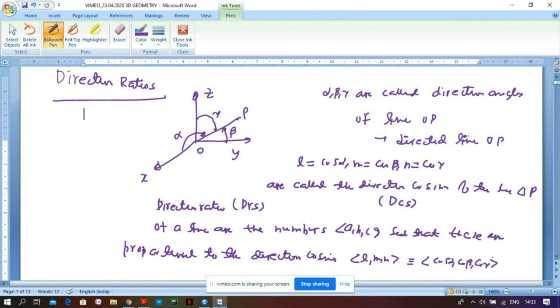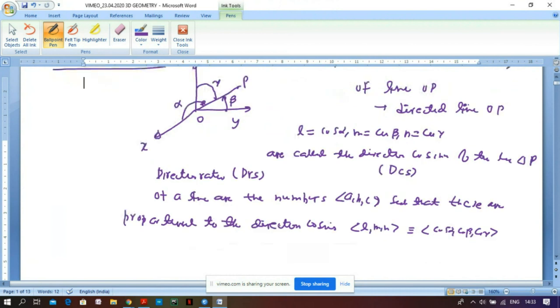So you have got the direction ratios and direction cosines. Now, if A, B, C is a direction ratio, of course I can also take it to be negative A, negative B, negative C,